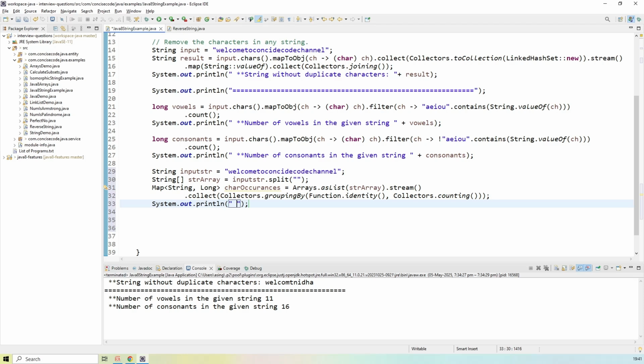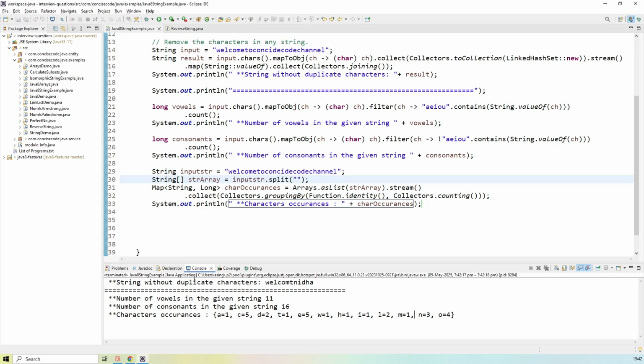Let's characters occurrences. Let's run this Java program,